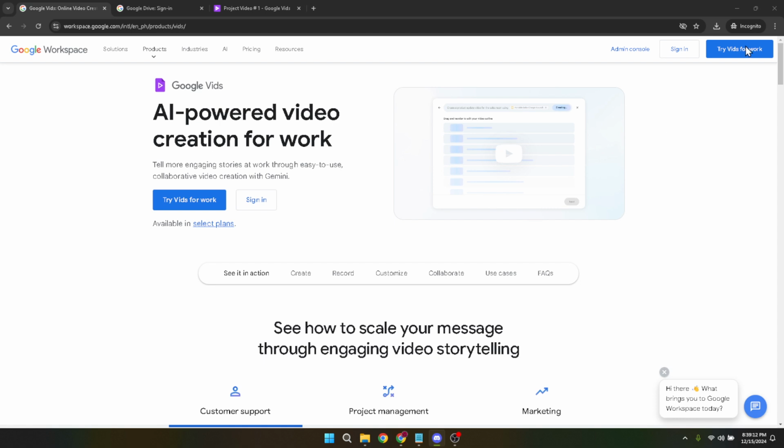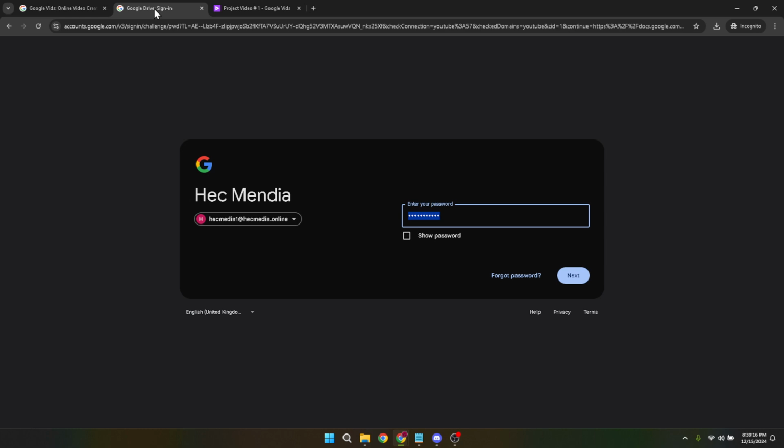Once you're on the Google Vids homepage, the next step is to log into your account. You'll see a sign in button prominently displayed on the page. Clicking this will prompt you to enter your login credentials. However, if you're already logged into your Google account, it may automatically bypass this step or simply ask you to choose an account to continue with. It's important to ensure that you're signing into the Google account associated with the content you intend to manage or edit. After you've successfully signed in, you'll find yourself on your Google Vids dashboard.